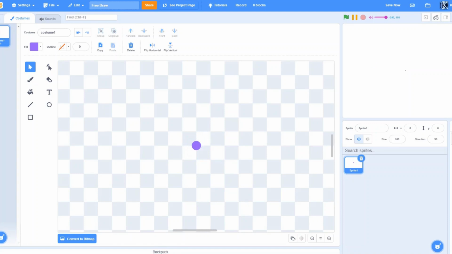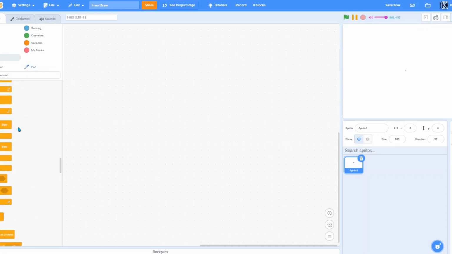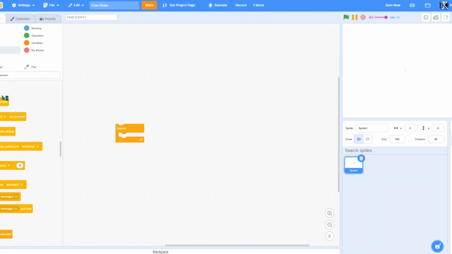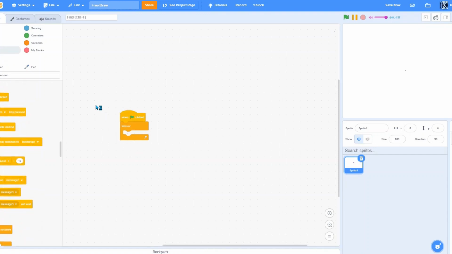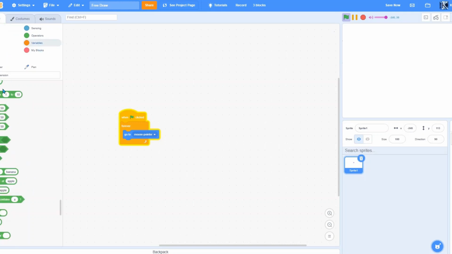So first, let's make it go to mouse pointer. Forever. There. Now what you want to do is, when mouse down,